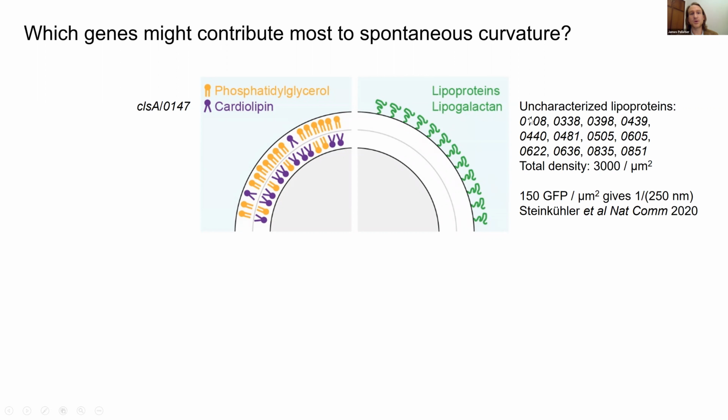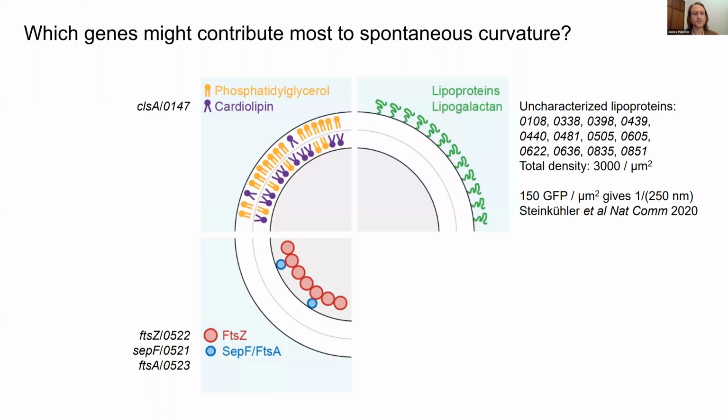And then looking at the proteomic data and the estimated surface area of Syn3A, we can estimate a total density of about 3,000 lipoproteins per square micron. And in this work in liposomes, 150 GFPs estimated per square micron gives a spontaneous curvature of about 1 divided by 250 nanometers. This is going to depend on the properties of these molecules, so it's not possible to compare these directly, but it seems that crowding of lipoproteins could possibly generate curvature that's relevant to this process